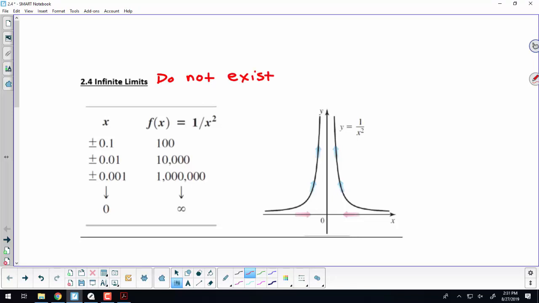Even though we write that they're approaching infinity or negative infinity, it's still not approaching a finite number. A limit always has to be a finite number, like any other limit in your life. It's some finite thing that you run up against. So they do not exist,